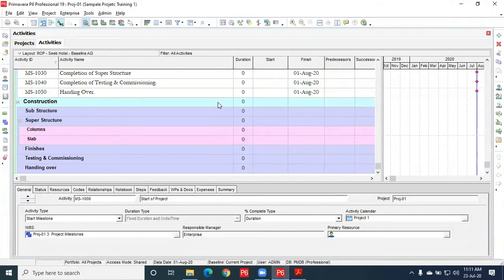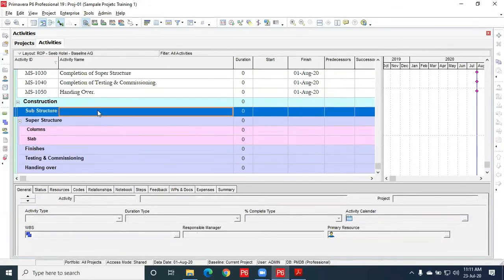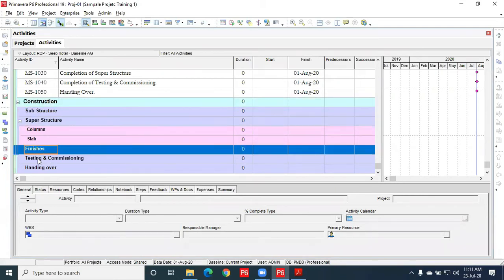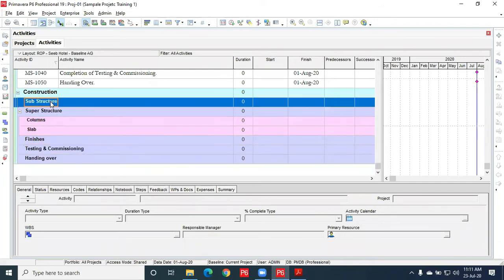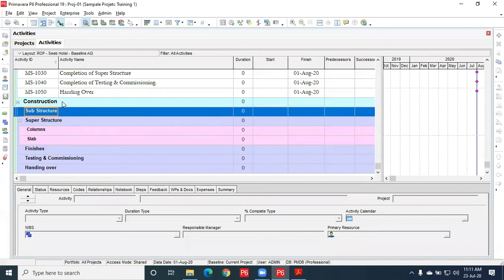Okay, let us continue. Now we are entering into the real construction stage. This again we have divided into 5 sections: substructure, superstructure, finishes, testing and commissioning, and handing over. In substructure, all the activities up to ground level, or which go below the ground level, are called substructure, up to the ground slab.